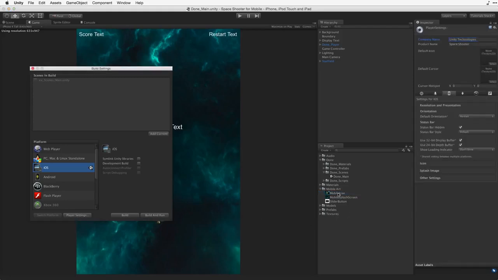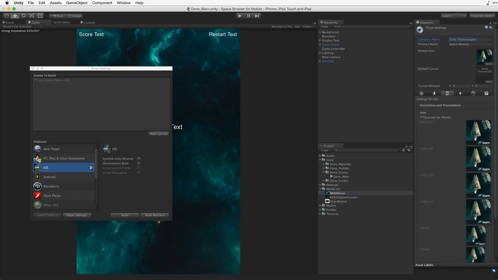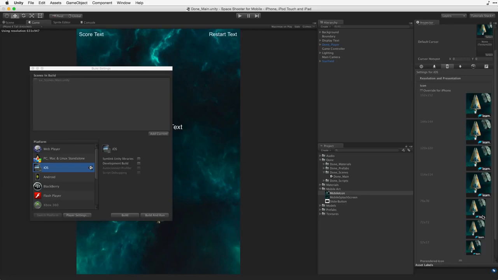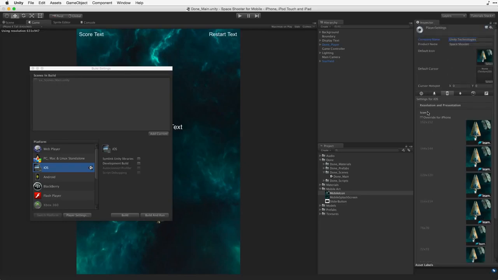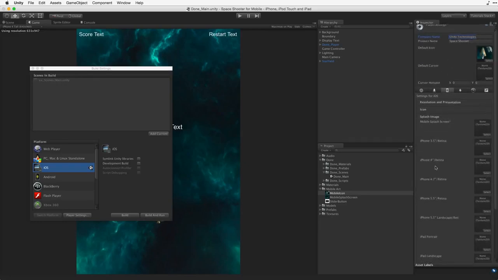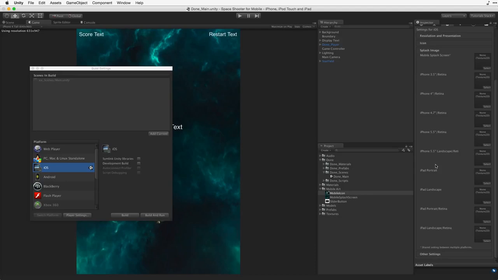Player settings. And then let's go ahead and put in our default icon, and that'll make our default icon. I'm going to quickly go down to icon, and you can see that it has populated all of the different resolutions for us, which Unity is very nice about. While we're here, let's look at the splash image. We need to have splash images for all of these to be able to submit to the App Store, and I would presume that's going to be the same for mobile development if you're doing it for Windows Phone and for Android. Because as there are more devices and more resolutions, you're going to need more different sizes and